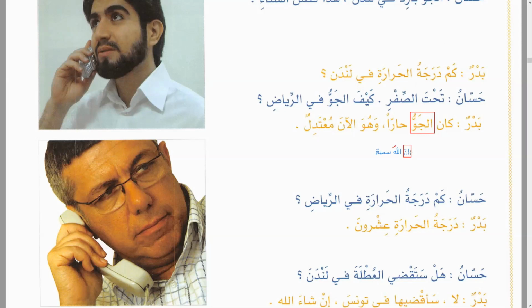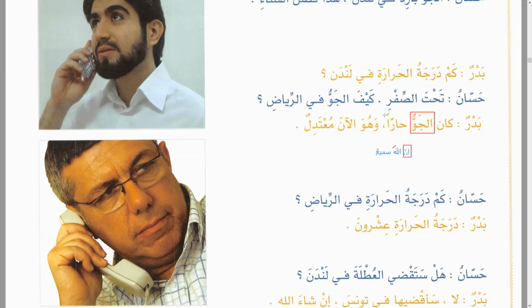It is not a verb, because inna is indeed. There's no action at all. At least in kana, there's a sense of being there, like he was. Maybe that's an action of being, of existing. So the thing is, kana and inna are opposite, and kana has its own sisters. Inna has its own sisters: inna, anna, ka'anna, lakinna, laita, la'alla. Inna has five sisters, I guess. Kana also has many sisters.